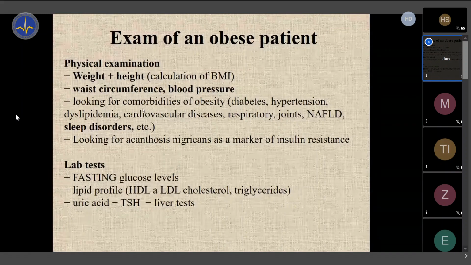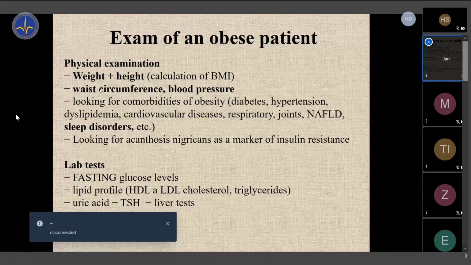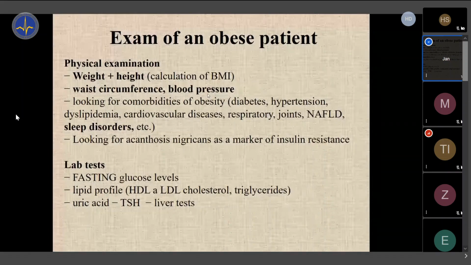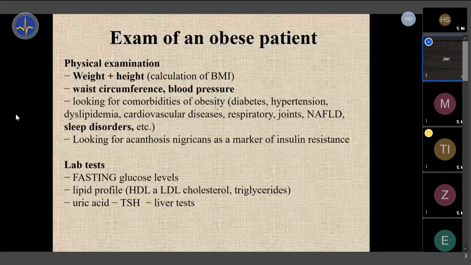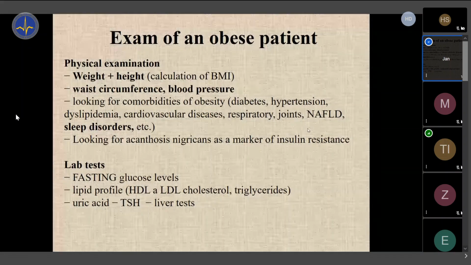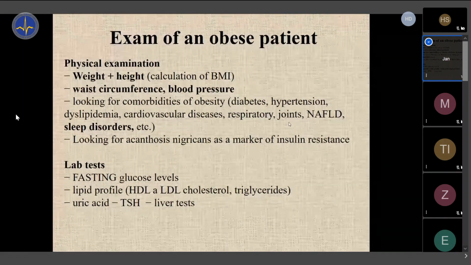And then, as we already discussed, we need to measure waist circumference to classify whether there is abdominal obesity or not. And we will also look for signs of other comorbidities which we know are associated with obesity. So we will look, for example, for signs of NAFLD and fatty liver, which means increased liver. We will examine maybe more closely joints, especially on the lower extremities, whether there are no signs of severe arthrosis, because it also is annoying to people.